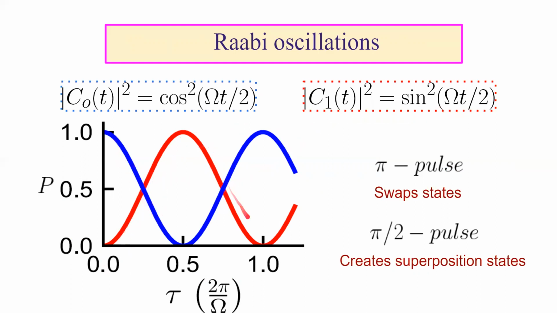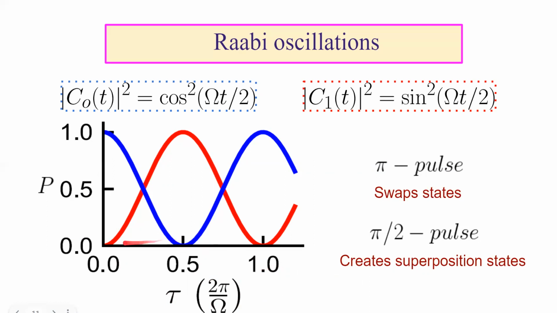And then there is this periodicity, and this continuous oscillation, and this oscillation will continue once you apply a drive. Now, what we can see over here is that if we apply this pulse, or the pulse width tau is such that omega tau is equal to pi, which is here,